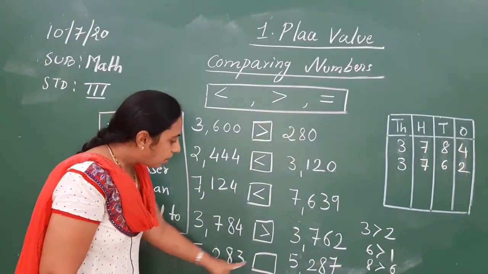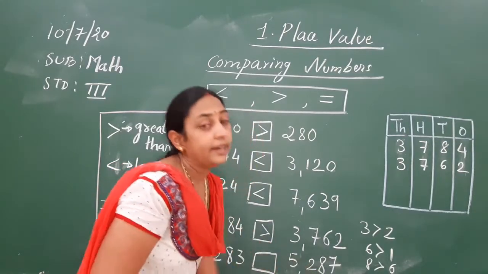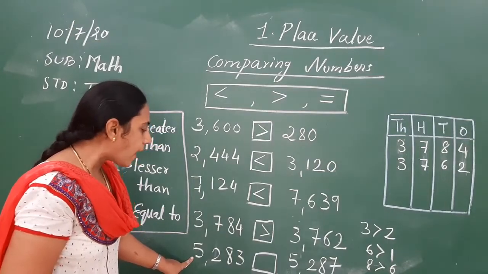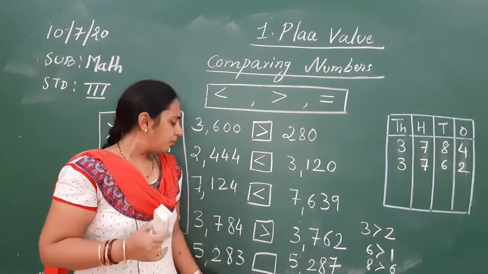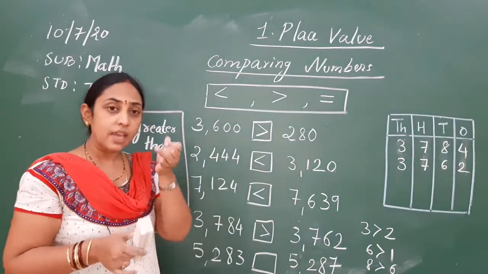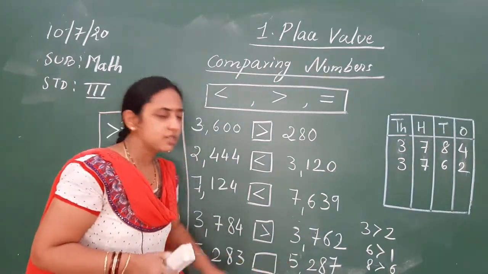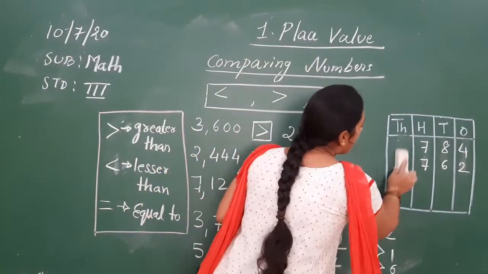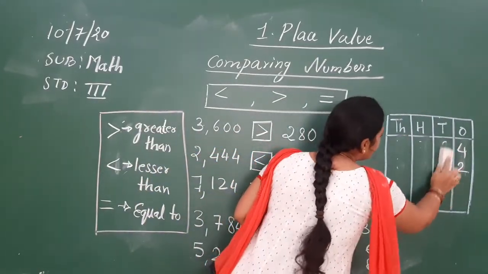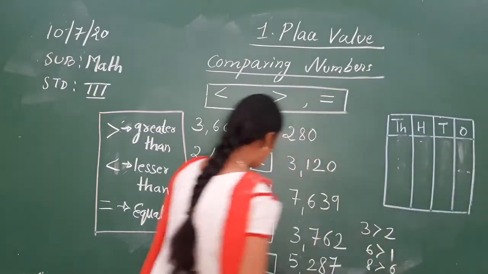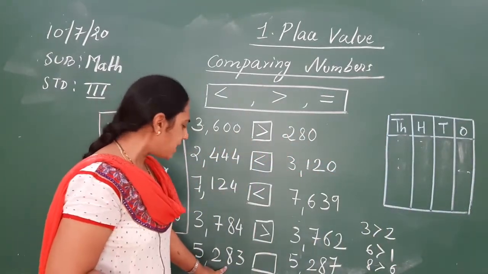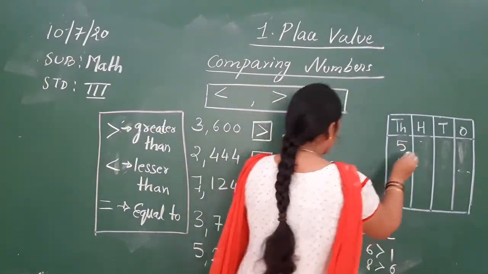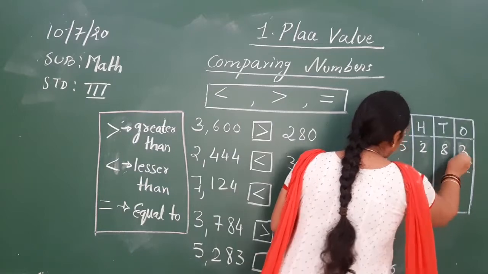5283, 5287, okay. Now here 5000, chalo first rule, 4 digits. Second rule, thousands place, both are 5. Third rule, hundreds place, both are 2. Third rule, tens place, both are 8. So here we can write this as 5283 and